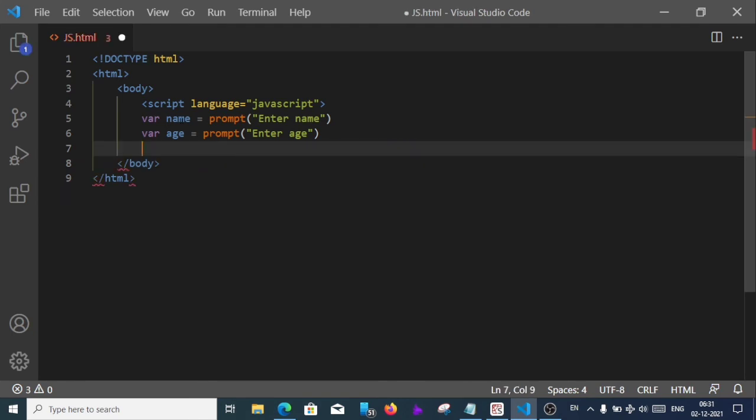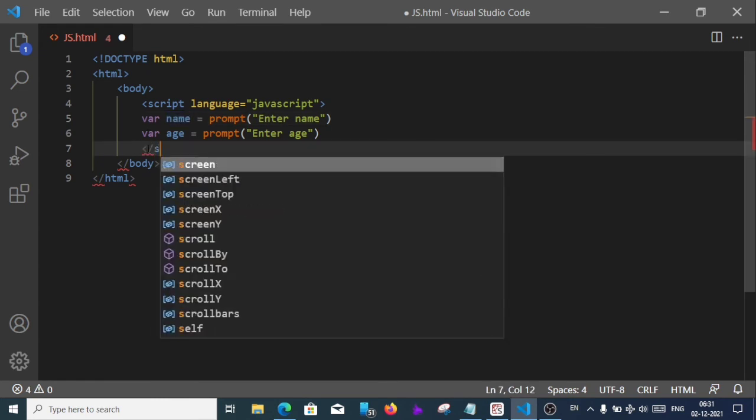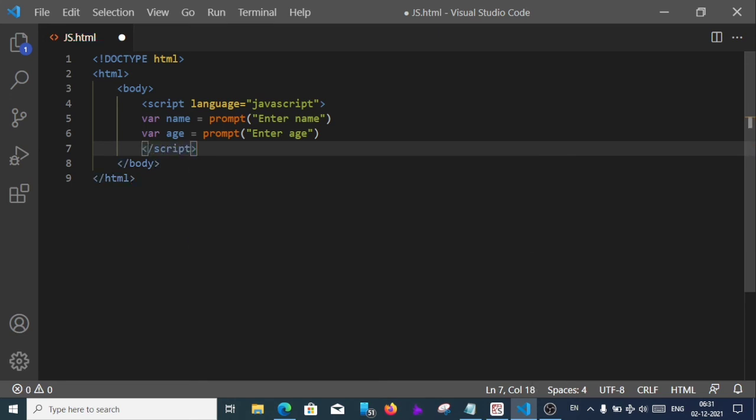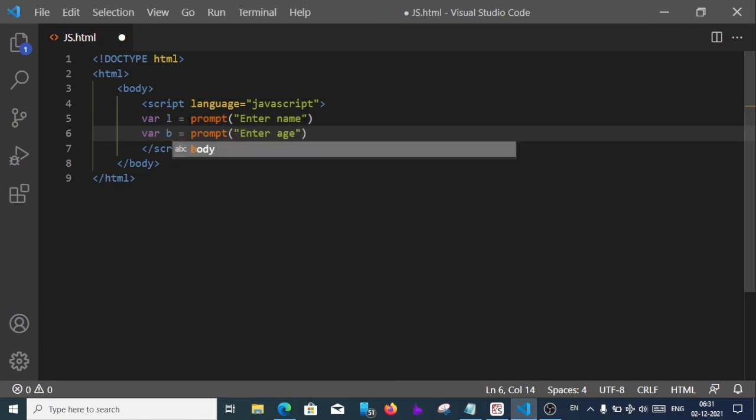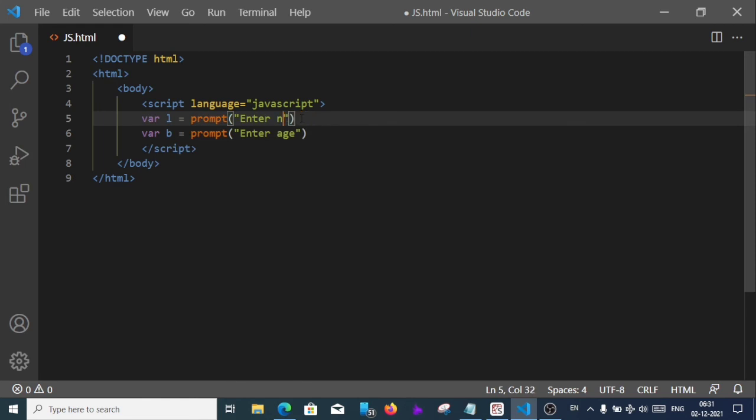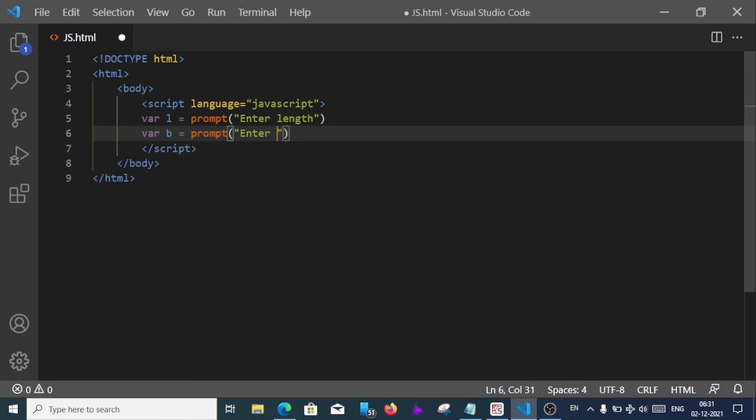For that, var, in place of name we will write L or length, and in place of age we will write breadth, and here enter length, and here enter breadth.